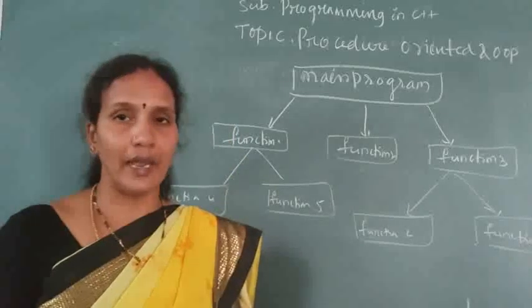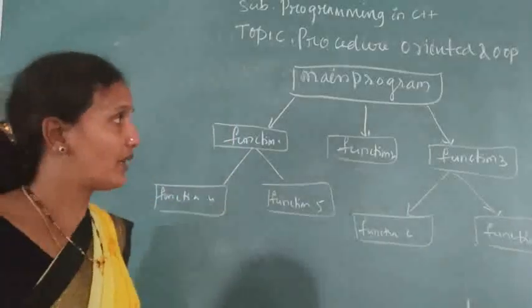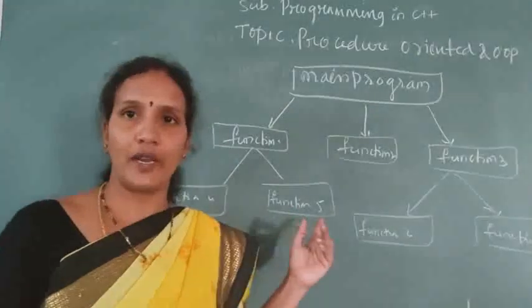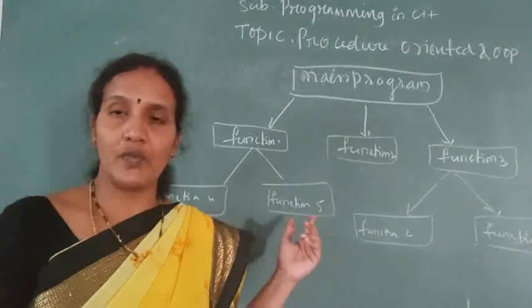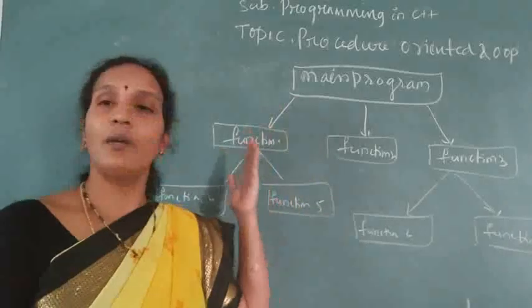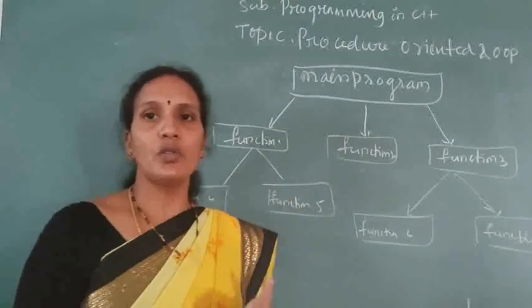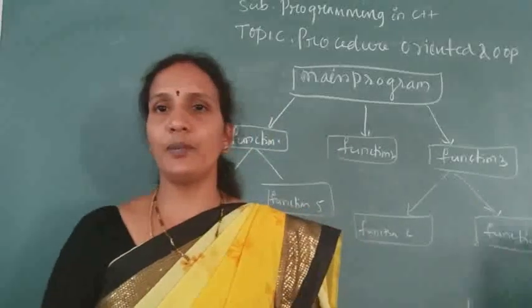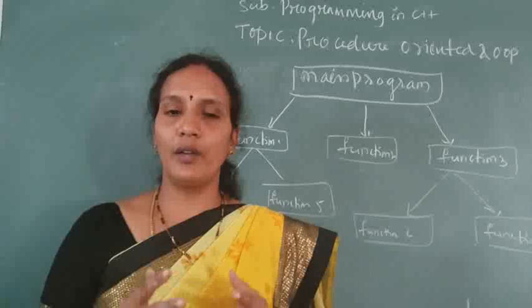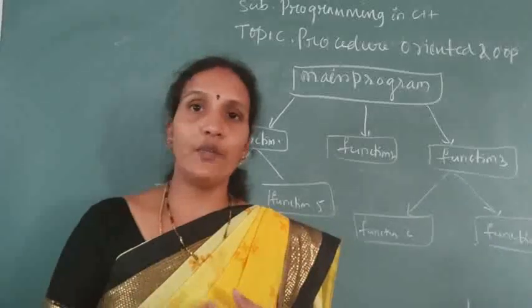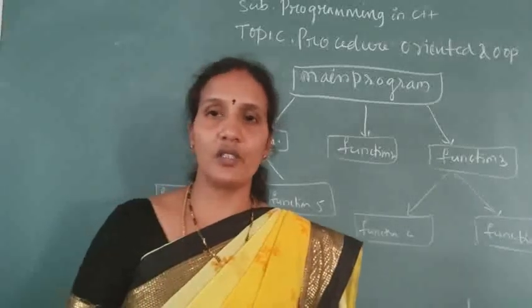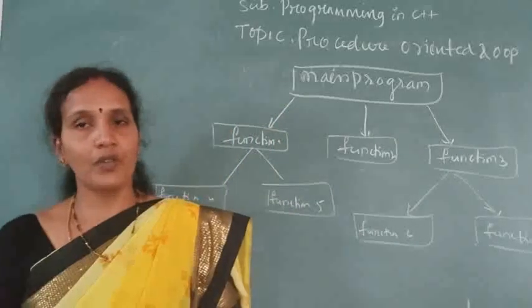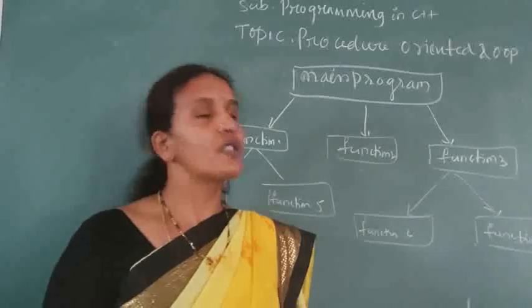Here that is actually the main drawback. What is the drawback here? For example, if you want to change anything in function 5, directly you can't change. From where should we come? From the main function we should come. So it is a drawback. In procedure-oriented programming, if you want to change any data, any function content, any instruction, directly we cannot change. We should come from the root function. That is the first drawback.